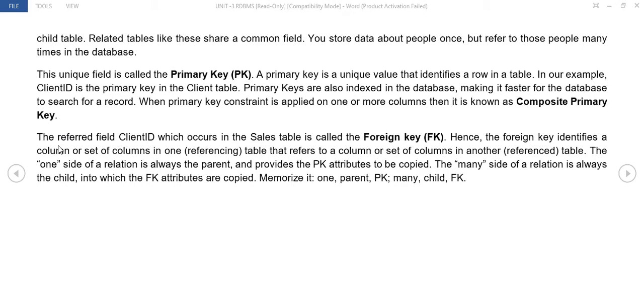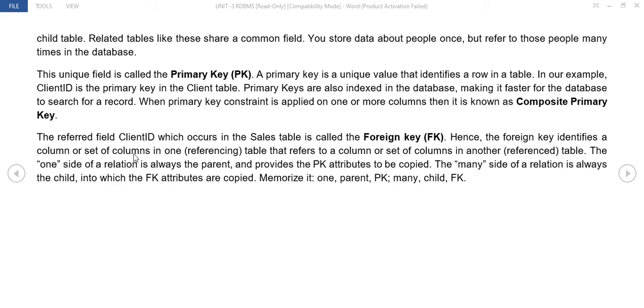The referring field client ID, which occurs in the sales table, is called the foreign key, FK. Hence, the foreign key identifies the column or a set of columns in a referencing table that refers to the column or the set of columns in another table.